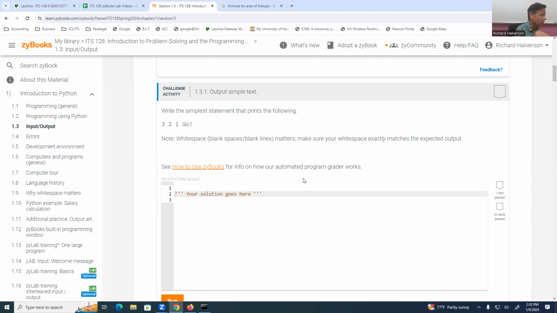But the thing about it is, if you add a little bit of code and you run it and it doesn't work, then you know it's just that little bit of code that you added. So it's real easy to isolate errors as soon as they happen. And so you'll see when I get to the labs, I can see how many times you tried to get this program to work. If I see you tried lots of times, that's good. If I see you only tried once,